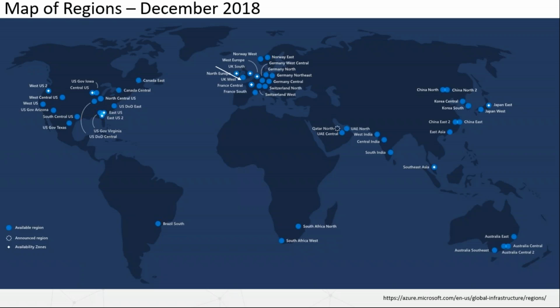Currently, there are 55 regions in 140 countries. There are also specialized regions that allow you to be in compliance with legal or regulatory requirements that your organization may have. For example, there are physical and logical instances for US government agencies that are CJIS compliant, and partnerships that allow there to be regions in China. The Azure cloud services are divided up into geographies based on borders.